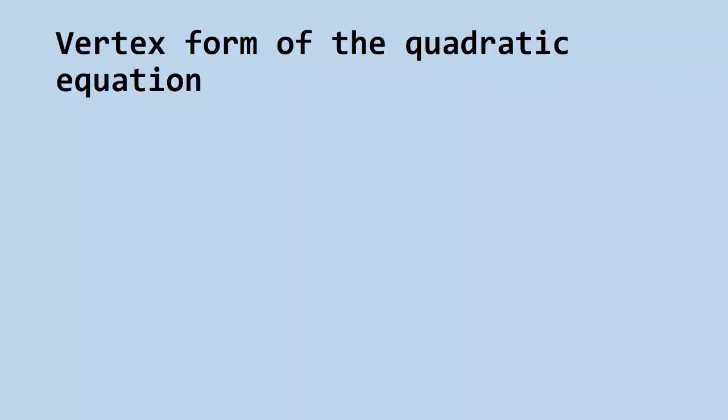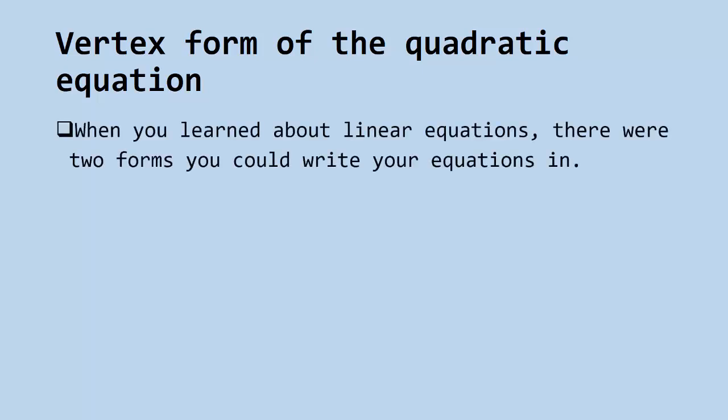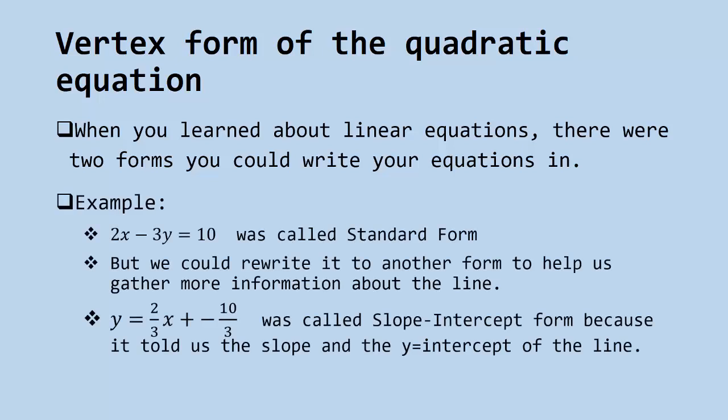In this lesson, we're going to discuss the vertex form of the quadratic equation. When you learned about linear equations, there were two forms that you could write your equations in. In this example, 2x minus 3y equals 10 was called standard form. But we could rewrite it to another form to help us gather more information about the line. That same equation above can be written here as y equals 2/3 x plus negative 10/3. This was called the slope-intercept form because it told us the slope of 2/3 and the y-intercept of negative 10/3